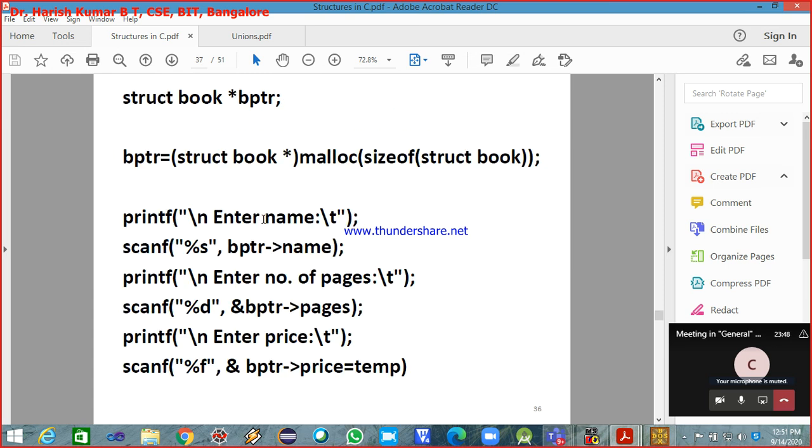Then we are printing the prompt and reading the name. What we are using is the arrow operator. Otherwise you can use star bptr, a book pointer. That is why it is written as bptr, meaning book pointer. Dot name also you can use. Similarly, enter the number of pages. Again we are reading it, and then enter the